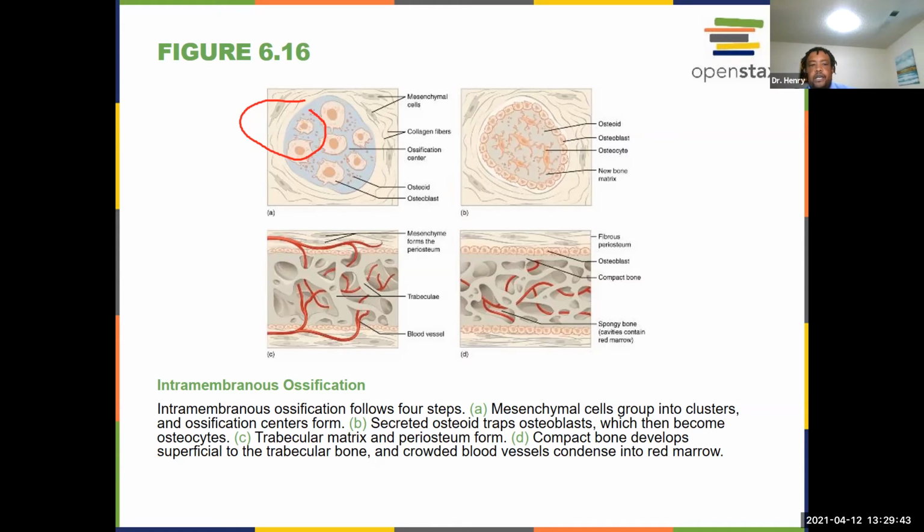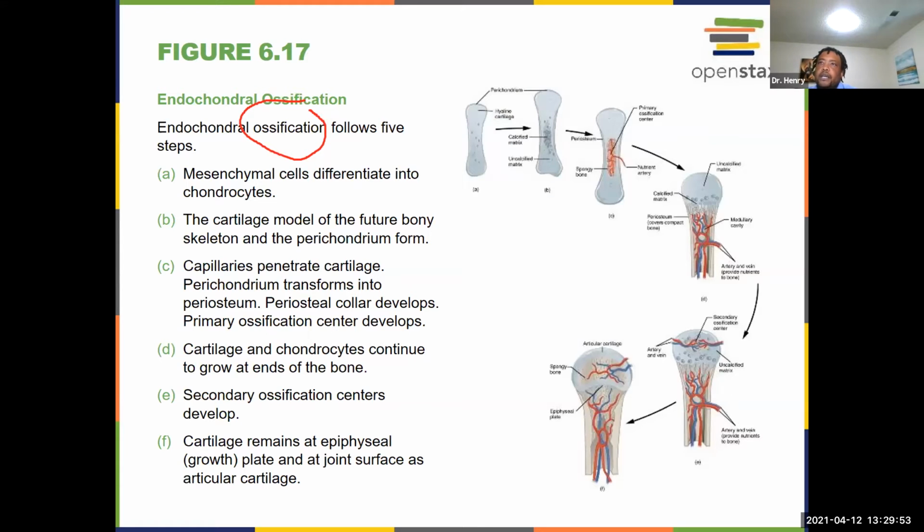So that's the intramembranous component, right? And if we look at endochondral ossification, that one is going to be 5 steps. So the mesenchymal cells will differentiate into chondrocytes, and then